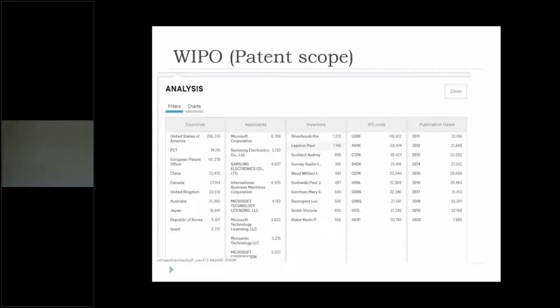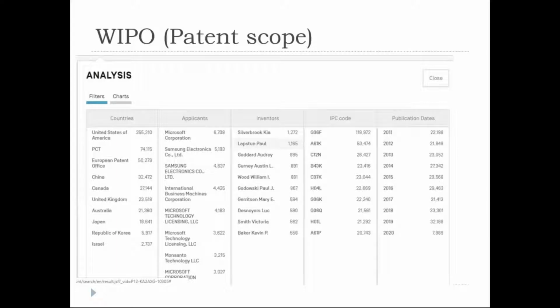I always tell you to search with the keyword and with the IPC code, right? Here the keyword is already entered in the normal search. Along with that, you are further filtering with any of these criteria, which is why they have termed them filters, right? For the keyword, we have all these combinations followed by specific filters based on countries, applicants, inventors, IPC code, and publication.